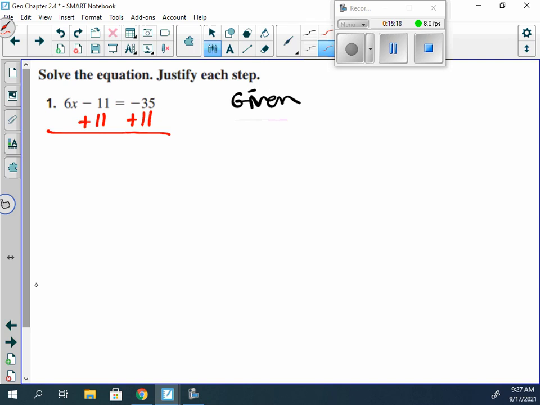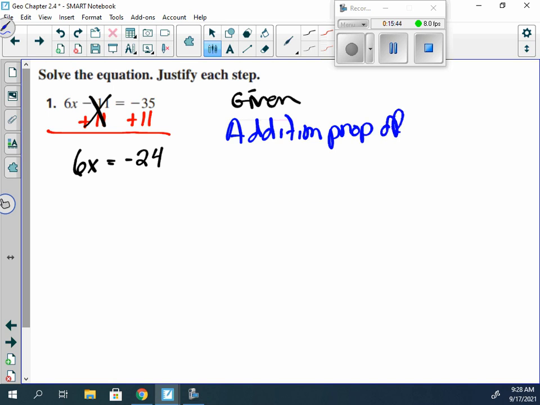We can add 11 to both sides. And if we add 11 to both sides, negative 11 plus 11 is 0, so I'm left with equals 8 or 24. Now, what's our reasoning behind being able to add 11 to both sides? Addition of